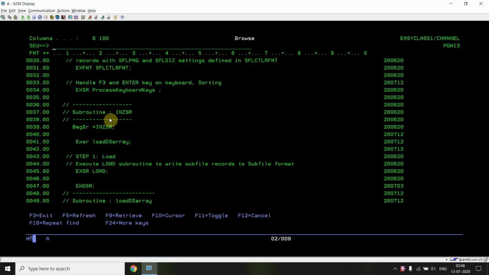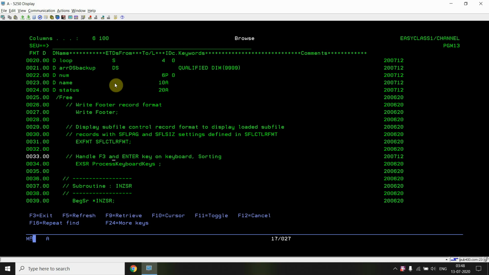So after that, once the initialization routine is complete, then I would go to this part. I would be writing the footer format. I would be executing the subfile control format, means reading, writing, and then reading this. So I would be able to see the subfile format and the file control format in front of me. Then I would be able to select anything, F4, shift F4, F5, shift F5, F6, shift F6, F7, F3, or pressing enter. I would be able to play with the keyboard keys once the subfile is displayed in front of me. So for that purpose, if I would be pressing any keys, then I'm going to the process keyboard keys. Okay,